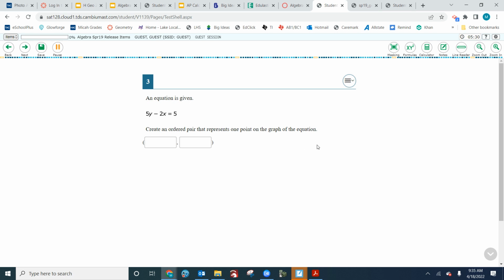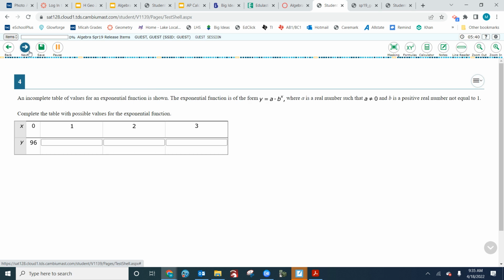Does that make sense? So could you solve it by hand? Do you see how there's a lot of opportunity to mess up a step when I solve it by hand? Moving on. By the way, we're going to hit the high points today. Anytime it asks for an ordered pair, you've got to think right away Desmos. It's almost cheating.